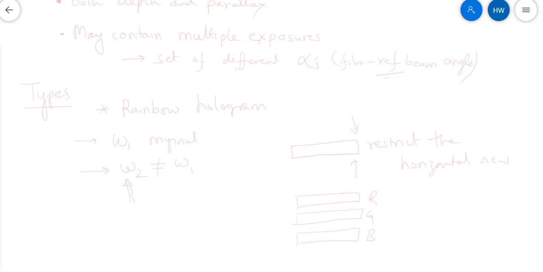You will only get different colors, whereas the depth and parallax business will be there in the horizontal direction, right? So that is what is called a rainbow hologram. The second hologram which I want to discuss is the embossed hologram. These are basically used on consumer items. It gives you a sense of authenticity that is made by the company and so on. So it's used as an anti-counterfeiting